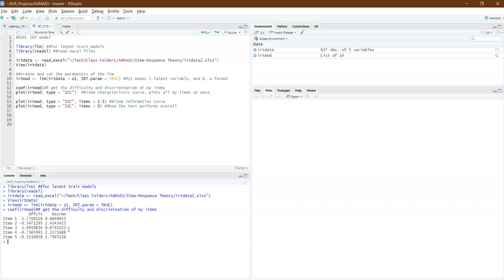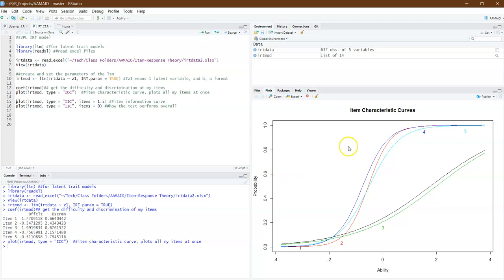So I want to have a visual representation to take this information to my management and to show my team what I found. So I'm going to go ahead and plot this model. I'm going to use the plot function with the IRT model, and the type of plot that I'm going to make is an ICC. This stands for item characteristic curve, and it will plot all of my items at once. So I'm going to run this, and I get this output over here, and these lines represent all of my